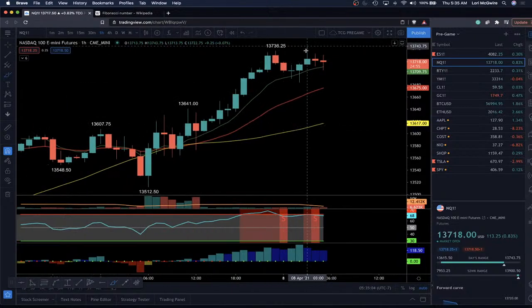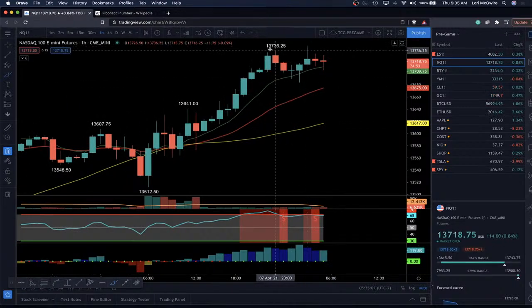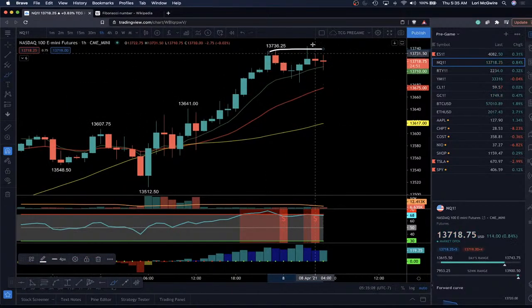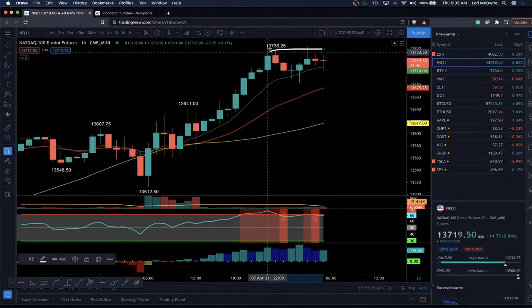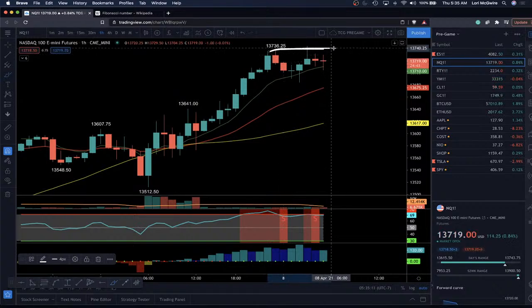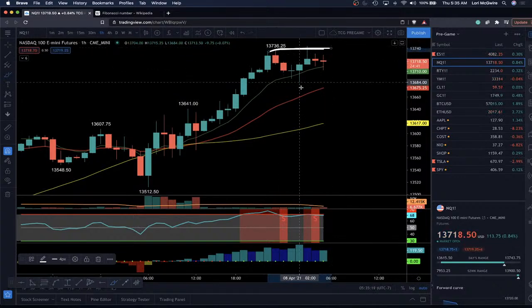So on the hourly here, we broke this 13,736 by a few dollars. I would consider this a double top. We're talking about a $13,700 issue. So this, $6 does not a bull break make. We have support at